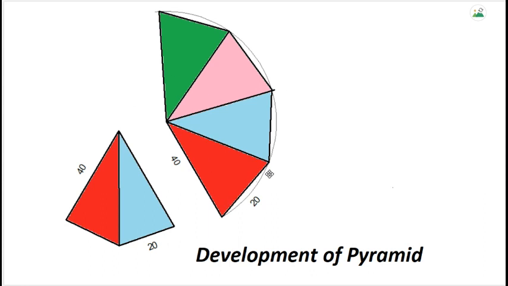Now if you want to develop the lateral surface of this thing, then you will have to take a paper or sheet of this shape. This will be consisting of four triangles because four sides are there, and this length will be equal to the base side of each triangle, and this length from here to here or here to here will be equal to the slant height. Remember, it is not a straight height. Okay, straight height is from apex to the bottom, the vertical height, whereas this is the slant height. Slant height will be more than the straight height.